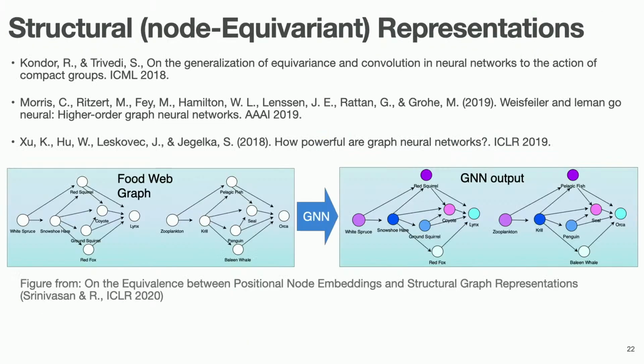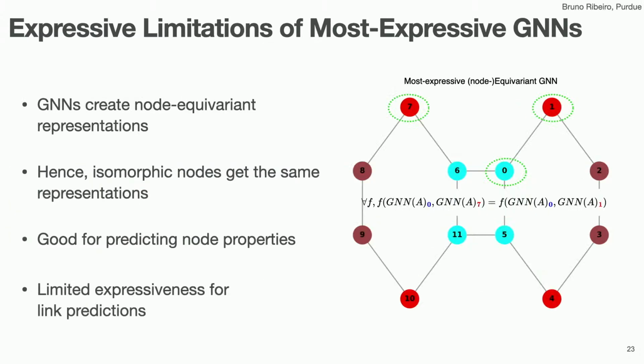And that's very important to understand. So the work on structural node equivariant representation, we have all the people that have started this in this room, which is great. Essentially explaining the equivariance that GNNs create. And then in the work that we have, we talk about some consequences of this. Now, one of the consequences of this is as follows. And it's pretty easy to see.